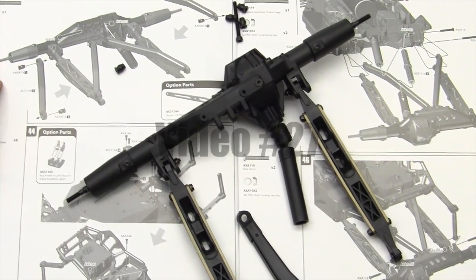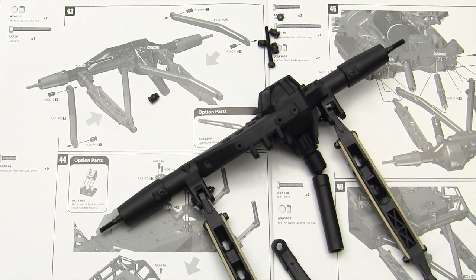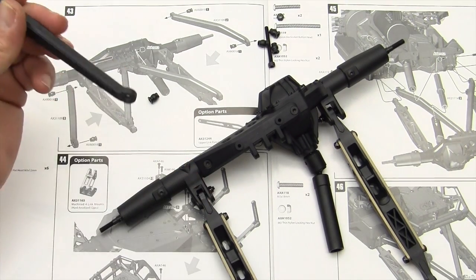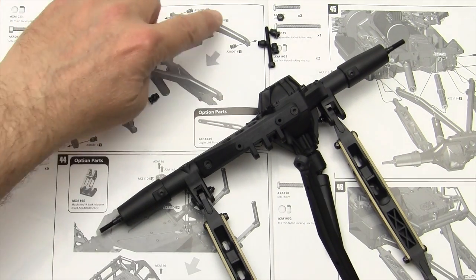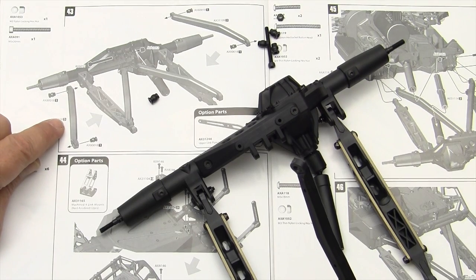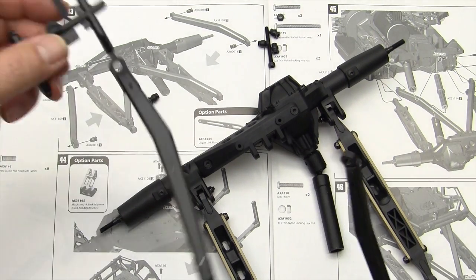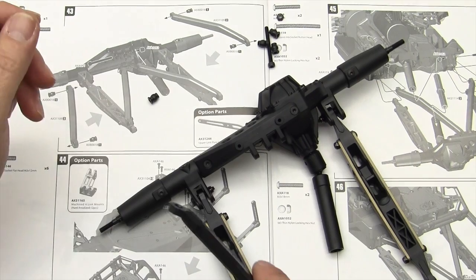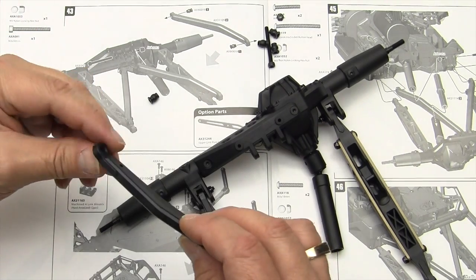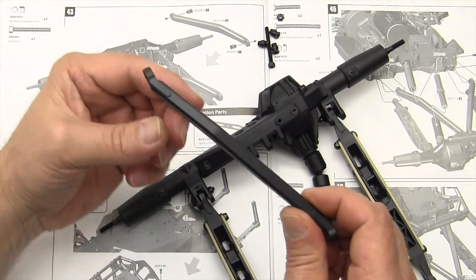Okay, in the next step here, which is step number 43, we're going to put on the four links here. And the problem is that half the time I put these little puppies on backwards, so we may end up having to redo this. We need to slip on, or there's a difference here. There is a -2 and a -3. I've gone ahead and taken the -2 off and left the -3 on the tree so I don't get them confused at the moment. So we're going to line this up with the way it looks in the picture,